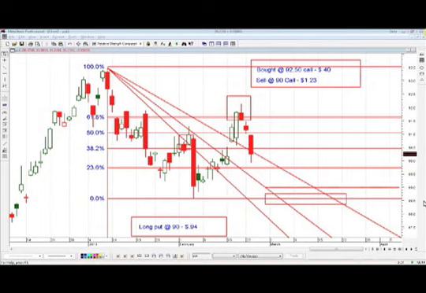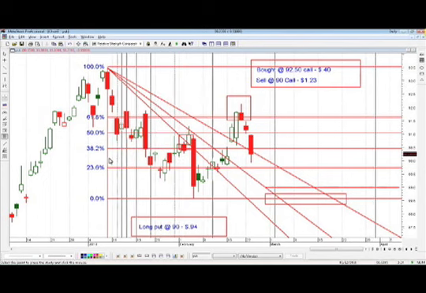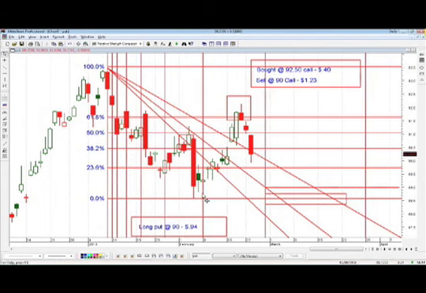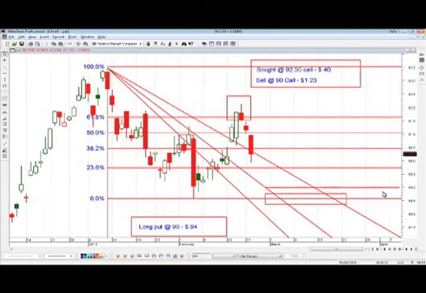Okay, any other questions? So Ashley's asking me to apply a time study. We're going to make this chart really messy here. I just applied a time study to the same thing, and I'm not seeing anything jumping out at me that I'd be too interested in yet. I'd want the trend to mature a little bit more before applying a time study and seeing what it lines up with. I'd like to see prices move a little more, so we know whether it's a trade that I would stay in,